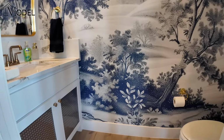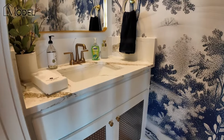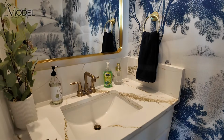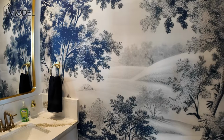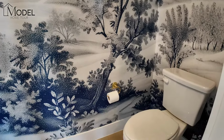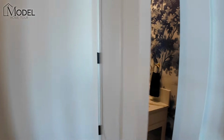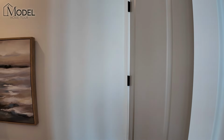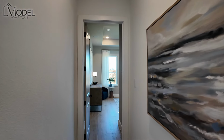I was at a builder who put on a luxury symposium where top agents got invited in new construction. And they were talking specifically about all the high-end luxury trends, and wallpaper was up on that list. So you got your half bath, powder bath for your guests, and then tucked down here,